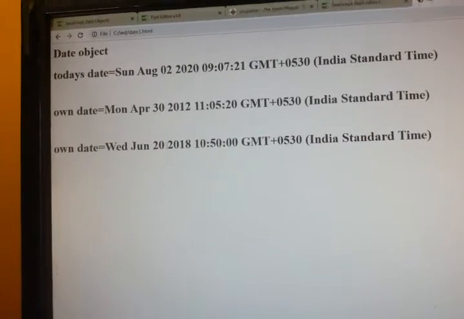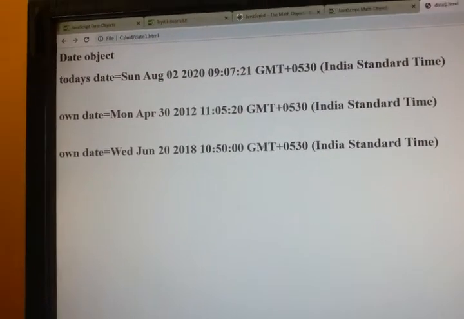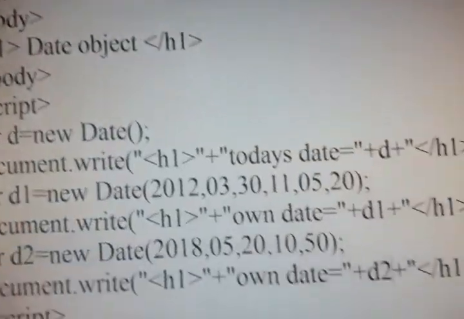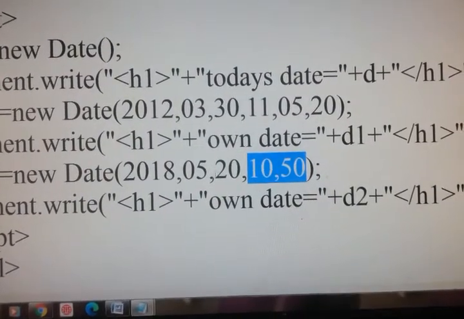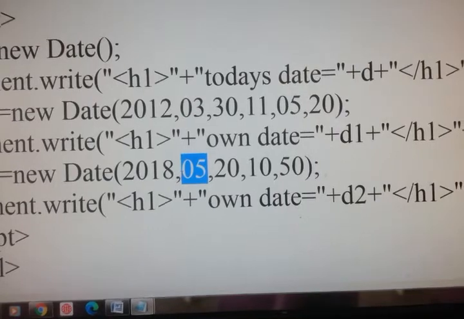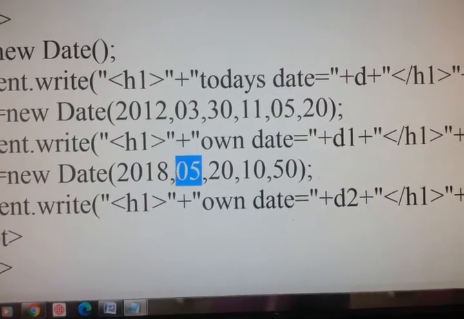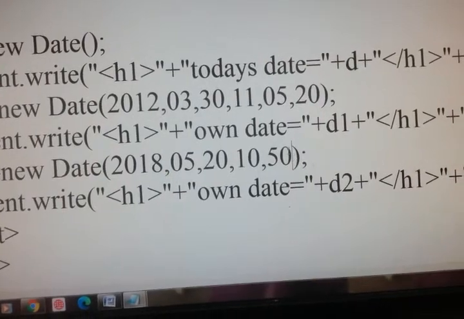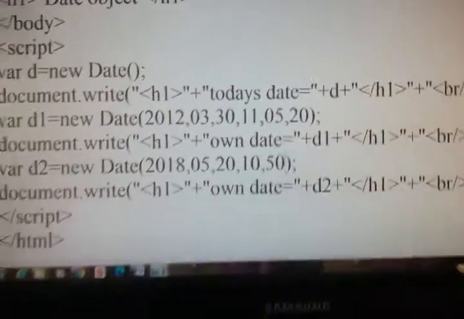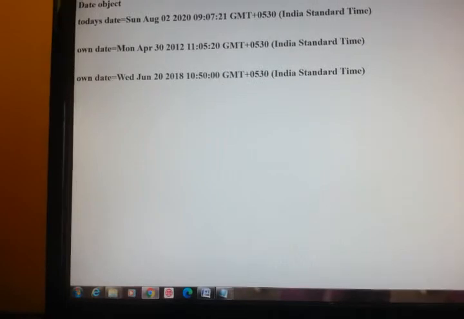Wednesday, June 20, 2018, 10:50, 0 0. Here I have 10:50 as the time. 5 means June because it's starting from 0. I have not given seconds, so it is considered as 0. It is taken as 0 0.